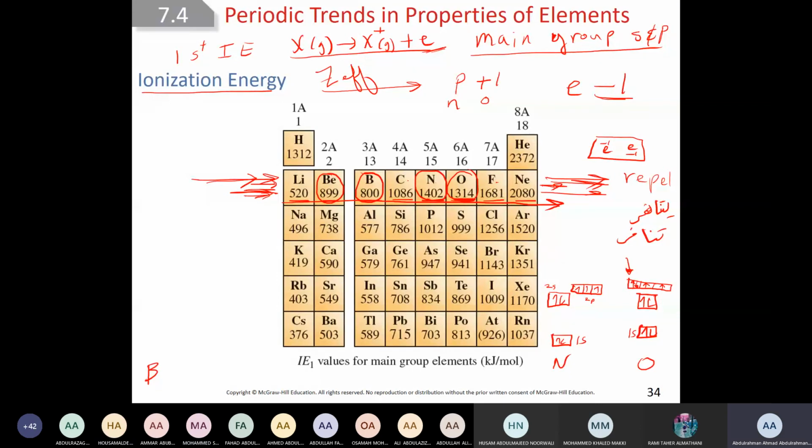Be and B. Let's draw Be, which is 4, and B, which is 5. So what's the electron structure of B and Be? Okay, this is the electronic structure for Be and B. Now